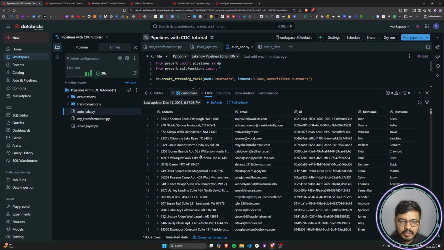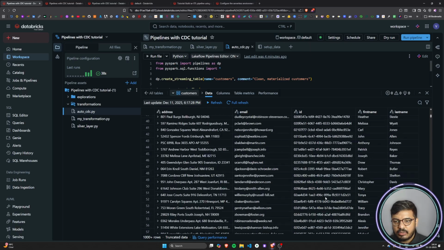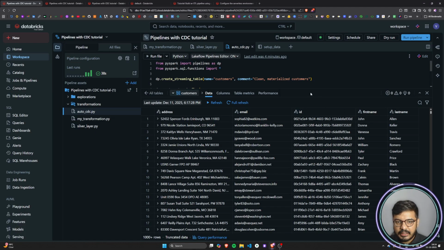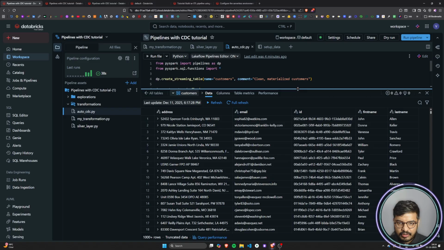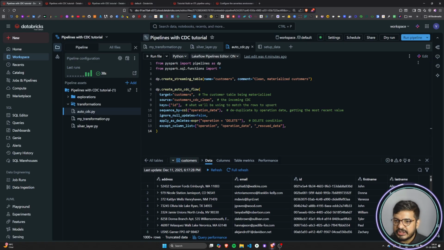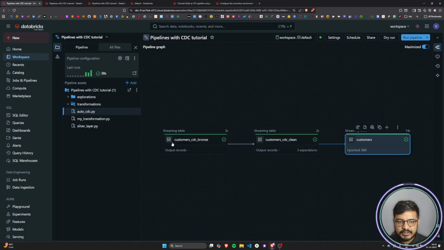And now if you want to see the whole data of customers, you can just click here and you can open the data. So now the data that we are having is address, email, ID, first name and last name, right? This is the gold layer data that we are having now. You can get each and every detail right here also. If you want to check the DAG, the same DAG will be available here. You can also maximize the view right here. Okay,